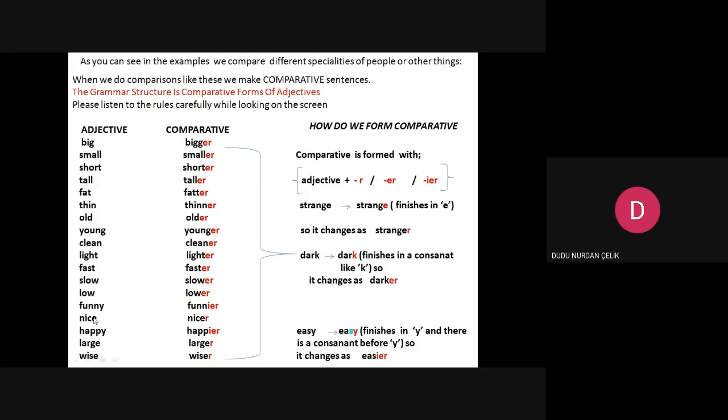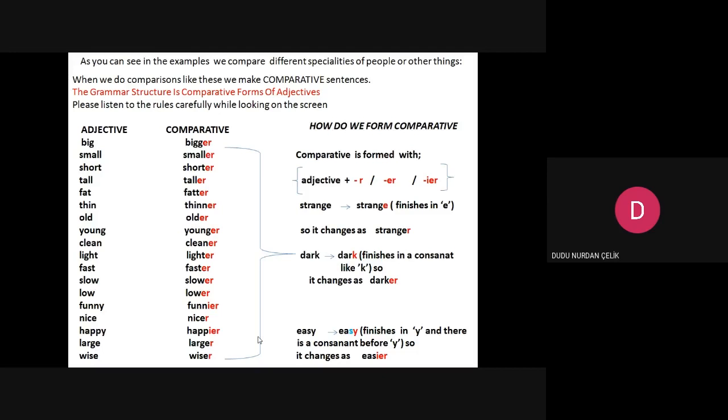Nice finishes with E, so we just add R: nicer. Happy, again with Y and there's a consonant. We omit Y. We say happier. Large and wise. There is an E here, so we say larger and wiser. I hope you understood this page.